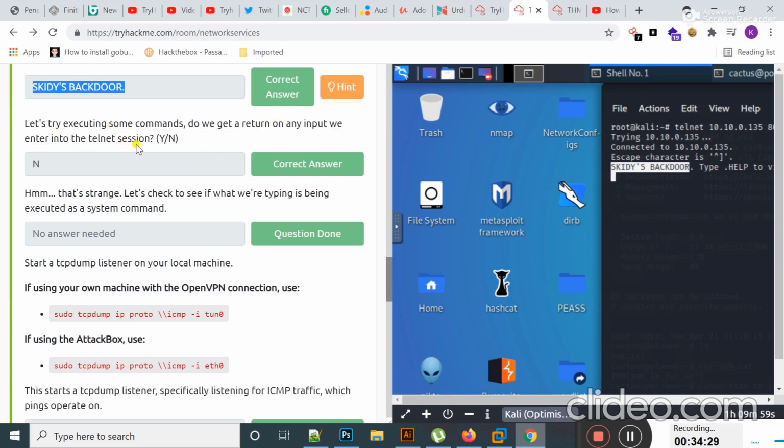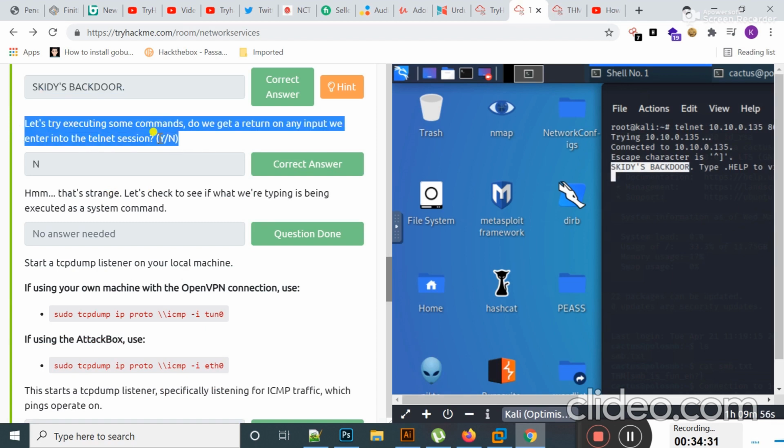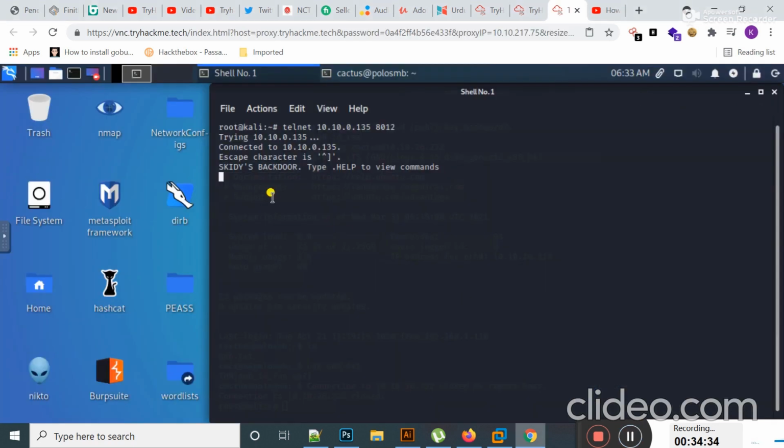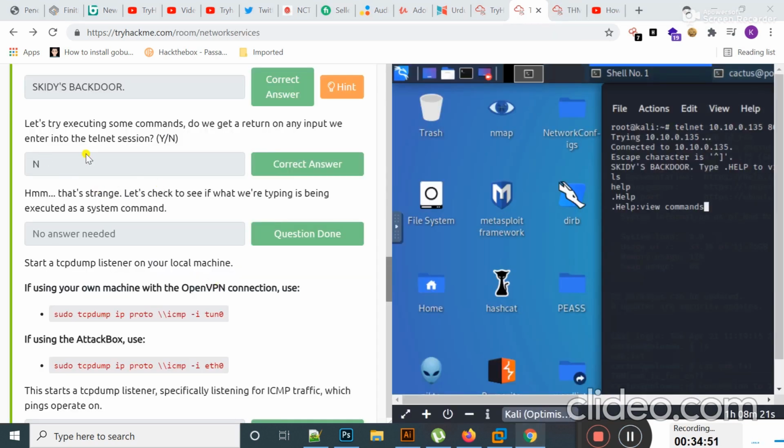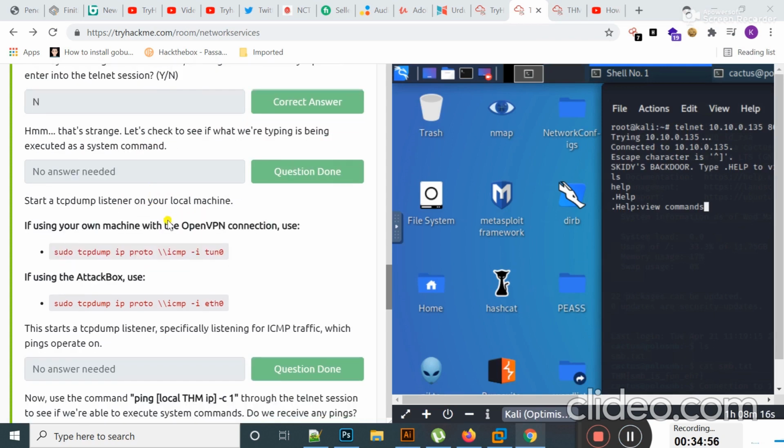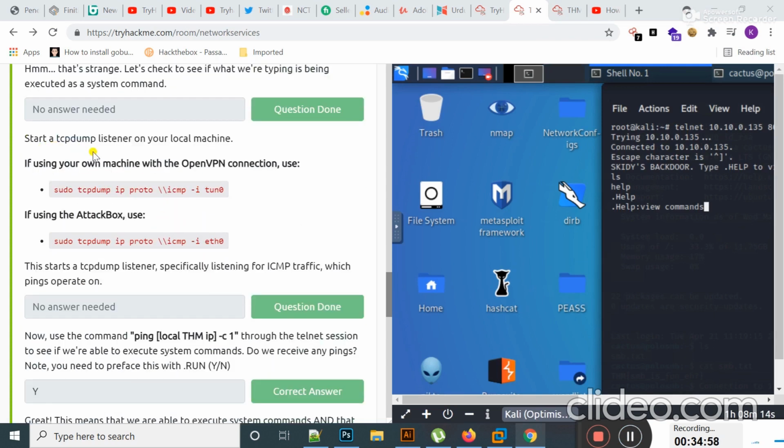Okay, the next question is: based on the title written to us, what do we think this port could be used for? Guys, here you can see that this port could be used for a backdoor. So the answer is a backdoor. Who could it belong to? Gathering a username is an important step in enumeration. I have to find the username that belongs to this port. So the username, here you can see, is skidy. This is the user who belongs to this port.